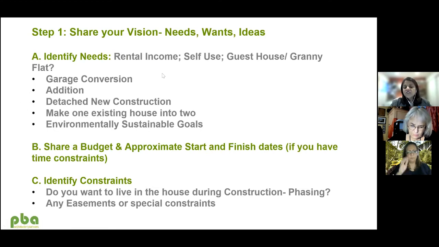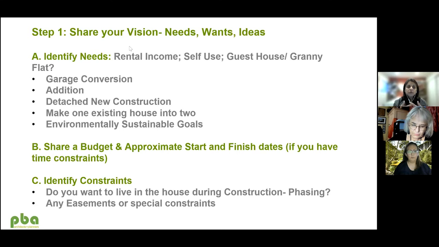So as a part of that entire process, step 1 is for you to share your vision. That is, what are your basic needs? What is your wish list of wants? And what are your ideas? Because that gives the architect some context of where you're coming from. So share with them what you're looking for. You may have some ideas, or you may have limited ideas, and you may just say, I want an ADU with 2 bedrooms. I may want to be able to house my mother, or I might want to put it on rent.